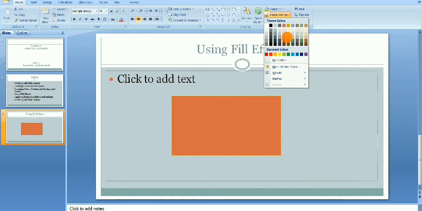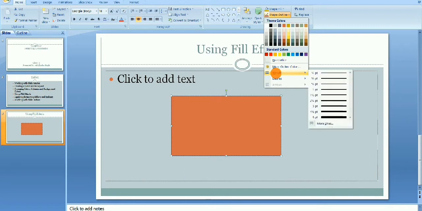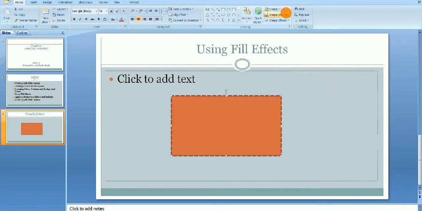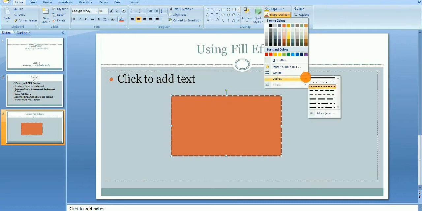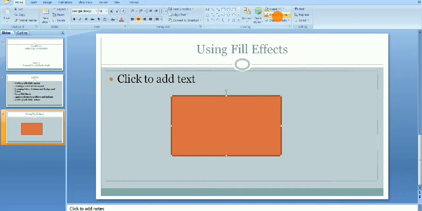As you can see, I am just moving my mouse over each color, and it will automatically apply as a border of my shape. You can change the color of it. Now I am going to change the weight because it is not showing clearly. If you choose this, you can see like this. It could be dashed. If you don't want to see the outline as a dash, you have to choose the solid outline. With this you can see the output clearly.